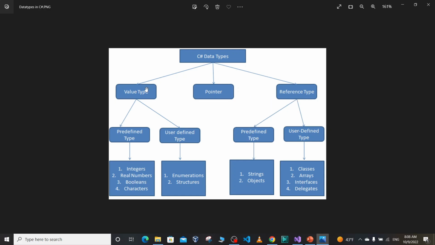So we are going to talk about the difference between the reference type and value type in detail in future videos. Of reference type, we have two predefined data types. One is string, and the other is object. Then we have user-defined data types, where we can define our own data type using classes, so arrays or user-defined data types, interfaces, delegates, etc. Okay,